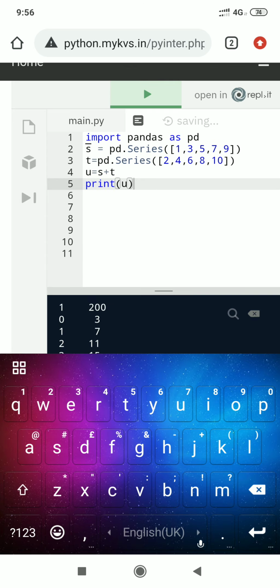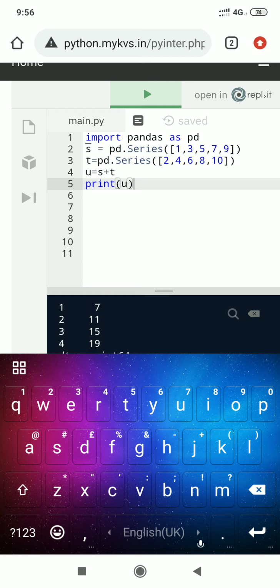It is displaying the value 3, then 7. How is it 3? 1 plus 2. Then the next value will be 7, because 3 plus 4, then 5 plus 6 is 11, then 7 plus 8 is 15, then 9 plus 10 is 19.